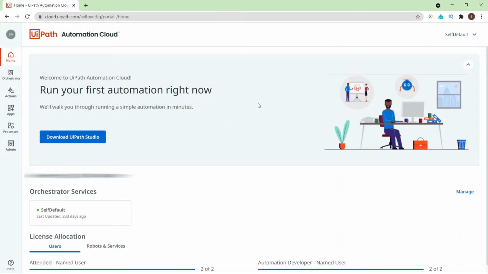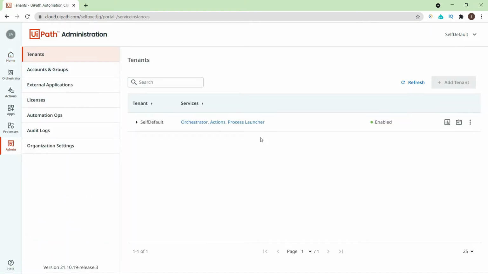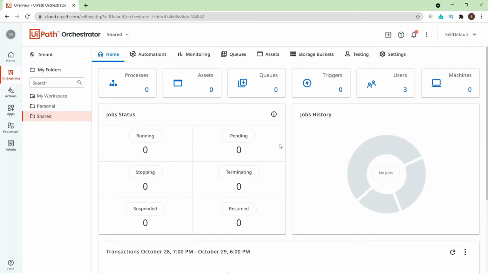Okay, so once you log in to the cloud platform, the screen looks like this. From here, the UiPath platform automatically creates the tenant for you. To access the orchestrator, you can see the orchestrator tab here. So you will have to click on the orchestrator tab, and then the orchestrator will open. Here, this is the latest UiPath orchestrator with version 2021.10, which was released on 25th October 2021.